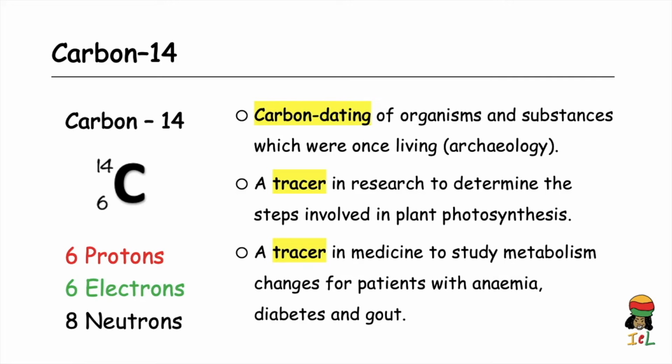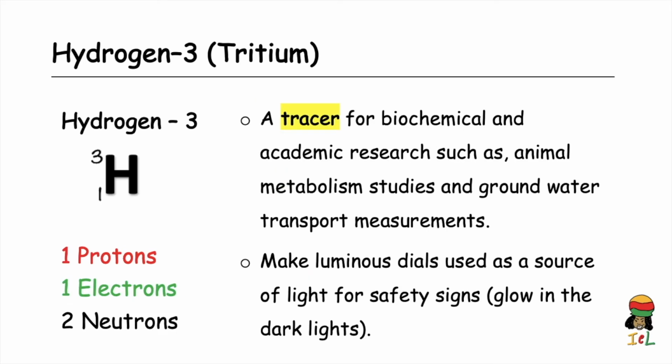Carbon-14 is also used as tracers in research and medicine. Carbon-14 can be used to trace the steps involved in plant photosynthesis and metabolic changes for patients with anemia, diabetes, and gout. Tritium is used as a tracer for biochemical and academic research such as animal metabolism studies and groundwater transport measurements. Tritium, when mixed with phosphor, is used to make glow-in-the-dark lights, which are commonly used as luminous light